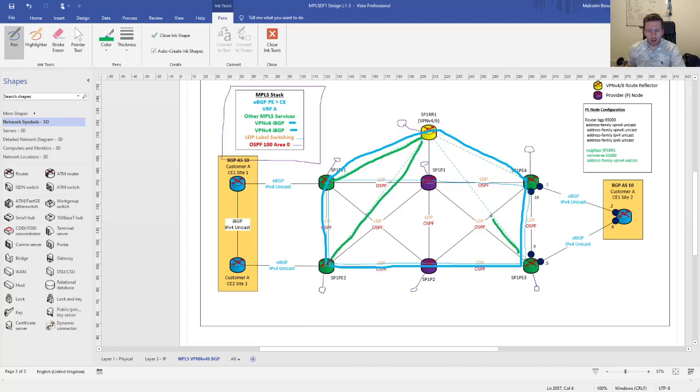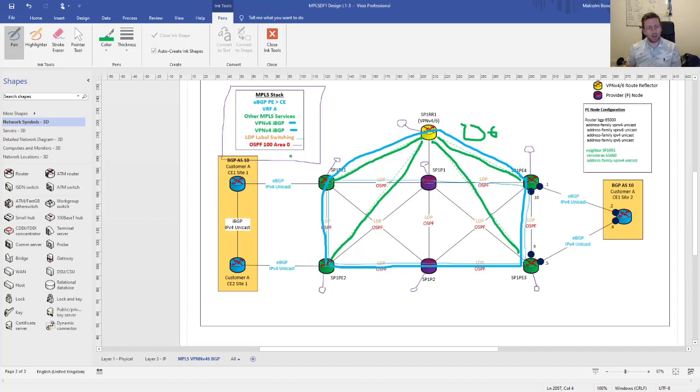or route reflectors, and that can be a VPN v4 route reflector on its own, or it could be a VPN v4 and a VPN v6 route reflector. It could also be a route reflector for other address families in BGP, but typically it's VPN v4 v6. Sometimes you might split these out, so you might have a VPN v4 and a VPN v6, and that's all around if you might have scaling limitations in the control plane, for example, where you don't want to mix VPN v4 and v6 and then max out the resources on a single box, or it might be a policy thing or whatever. So just recapping, it's